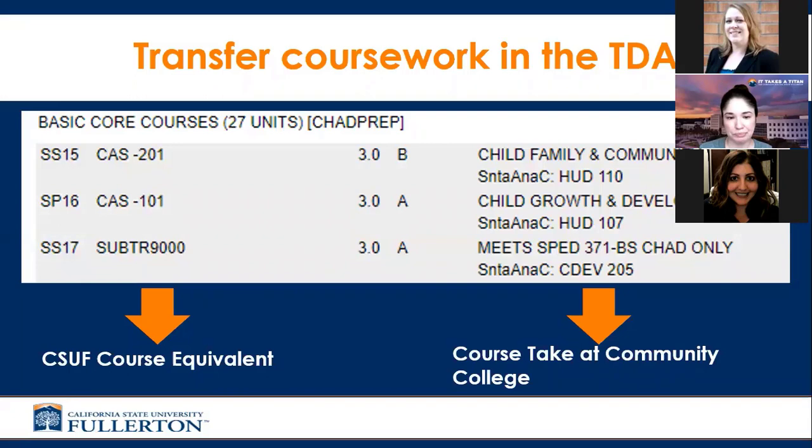As you're navigating your TDA, you're going to see all your coursework from your community college, and then what class is the equivalent for it at Cal State Fullerton, and see what areas you fulfilled. So we have just a little snapshot here, and this is for someone who is in the Child and Adolescent Studies major. So those are the Cal State Fullerton classes there, and that's the coursework they took at their community college that fulfilled those requirements there. So you'll see that a few of you will have some credit equivalents for you.